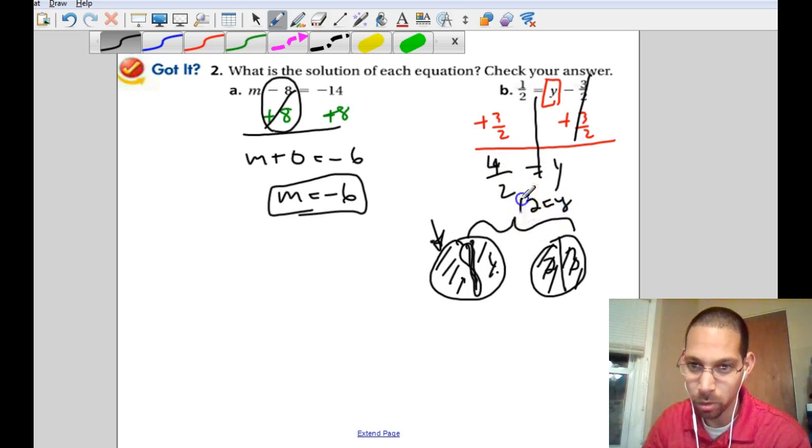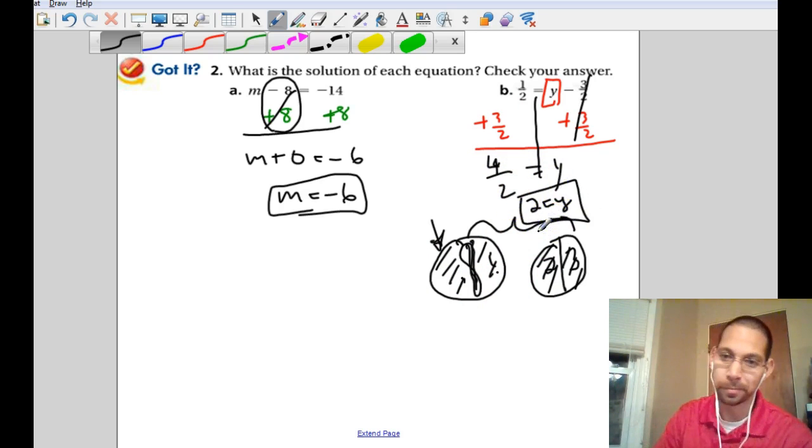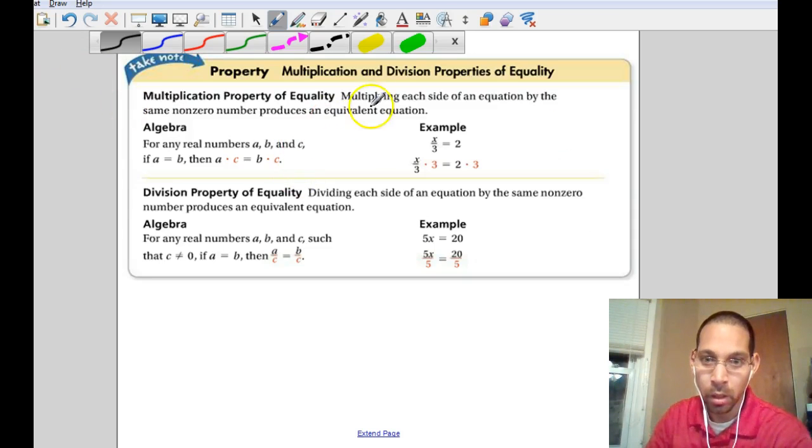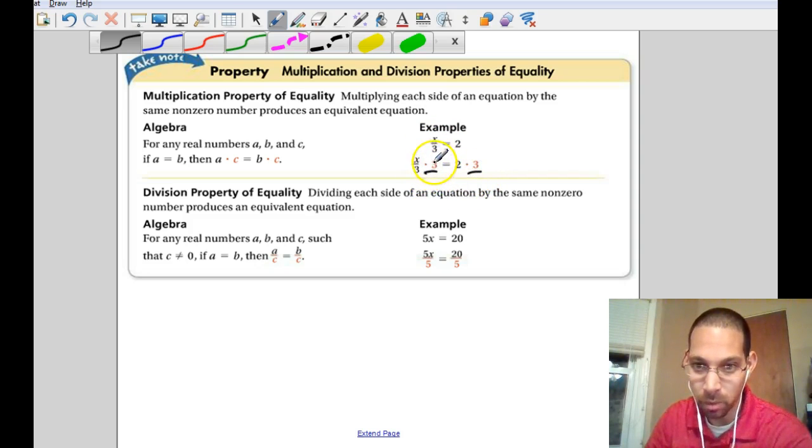So 2 equals y. Alright? It's really not that difficult. Hopefully the fractions don't throw you off too much. Same idea applies for multiplication. So whatever you multiply on one side, you're going to multiply on the other side. Multiplication is really handy when we have fractions, because that's division, and you want to undo division with its opposite, multiplication. So we're multiplying 3 on one side, means you're going to multiply 3 on the other side. This multiplying by 3 will undo the dividing by 3, so you just end up with x on that side,